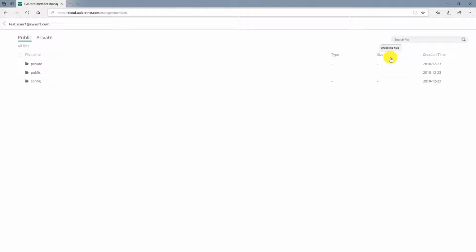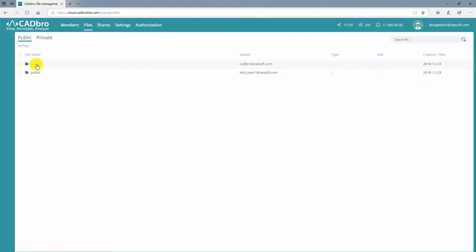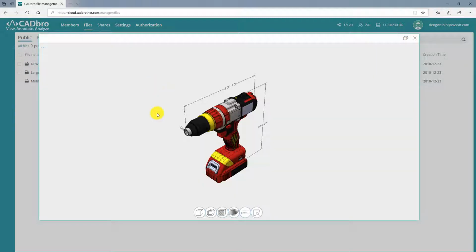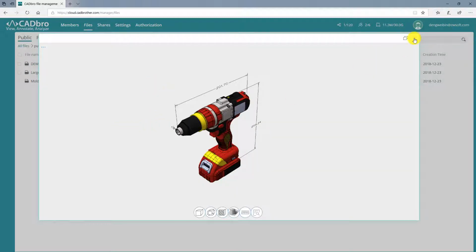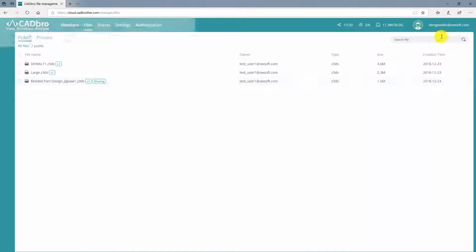View 3D files in different member accounts. In the File tab, you can view all uploaded data. Click the file name and it will be opened in IE Browser. Click Version icon. You can change the version of files. If the file has been uploaded several times,